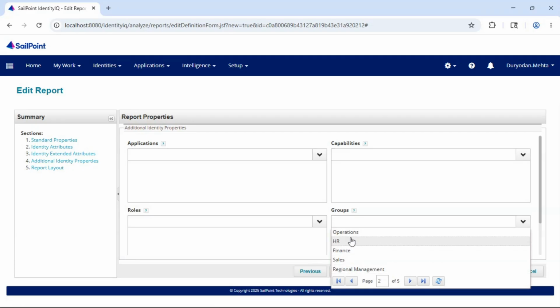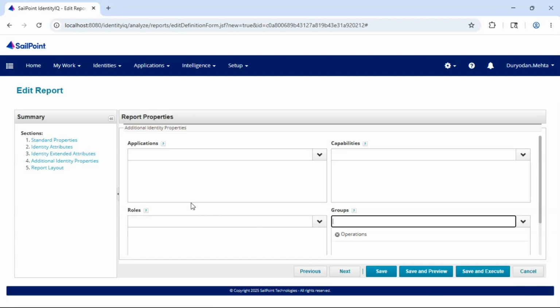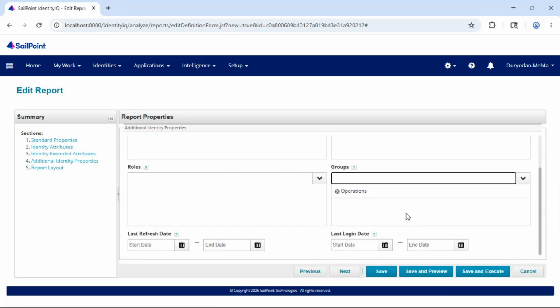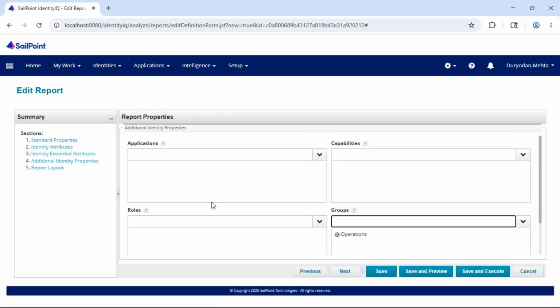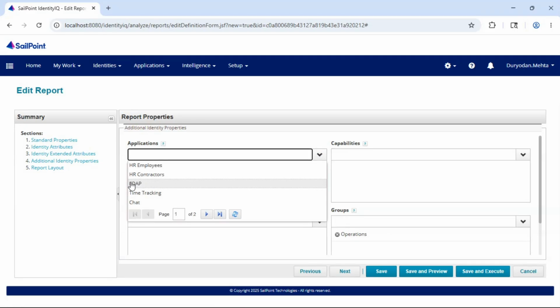So if we want the operations group, and here last refresh date, last login date, and we can also select the application over here,